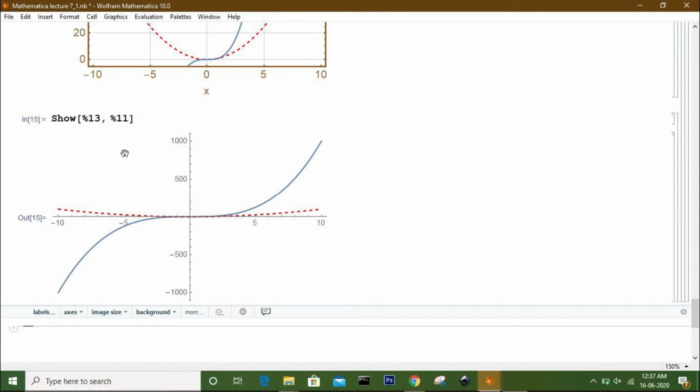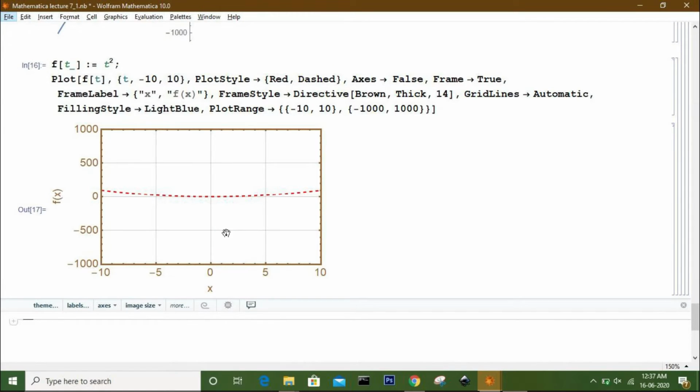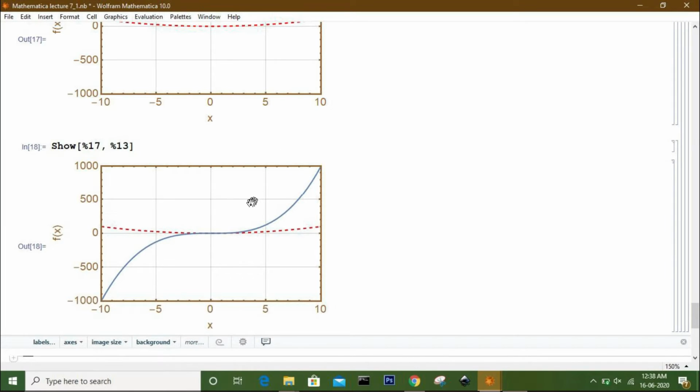But if you place your second plot in the first argument, then it will plot the whole x and whole y range. So you have to keep it in mind that to display the whole region or whole range for every plot, you have to specify the range in the first plot. So I specify the plot range for the first plot for the x-axis -10 to 10, and for the y-axis -1000 to +1000. Then it will give the final result looking like this.